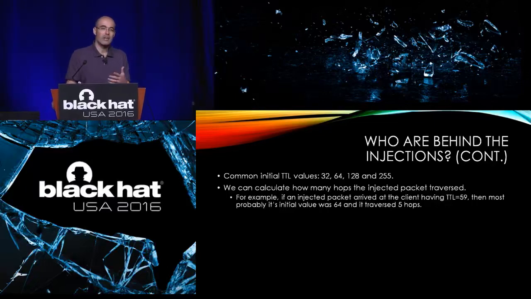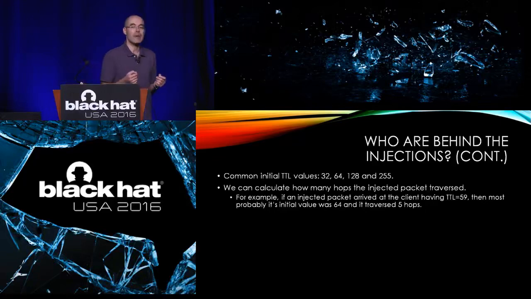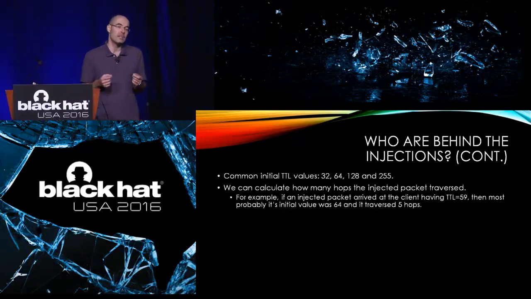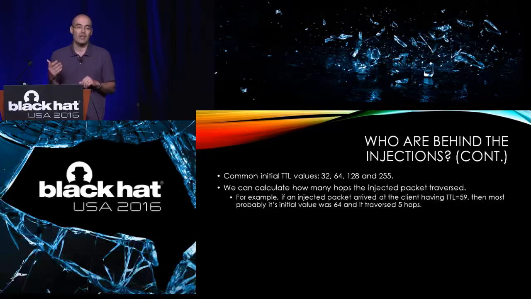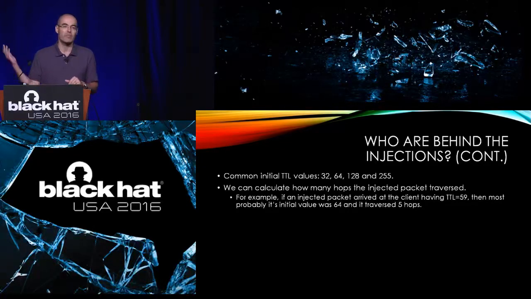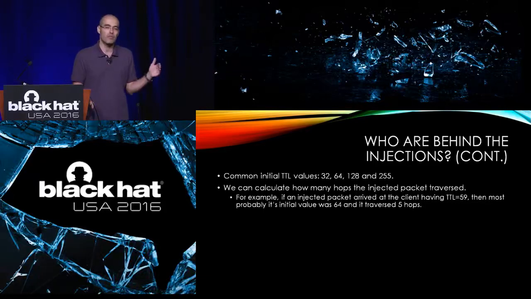So based on these common values, we try to estimate the number of hops the injected packets traversed. For example, if we see an injected packet with a TTL value of 59, then most probably the initial TTL value of that packet was 64. It cannot be 32, and it probably is not 128 or 255 because these values are too high. So it most probably was 64. Then most probably the injected packet simply traversed 5 hops